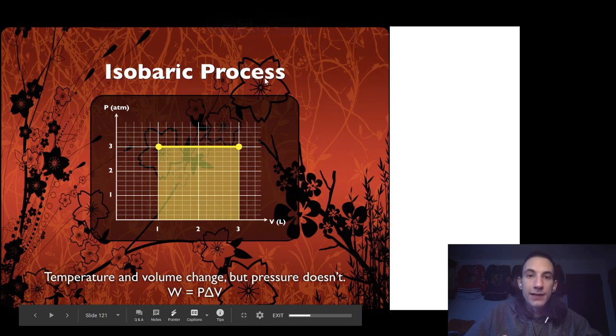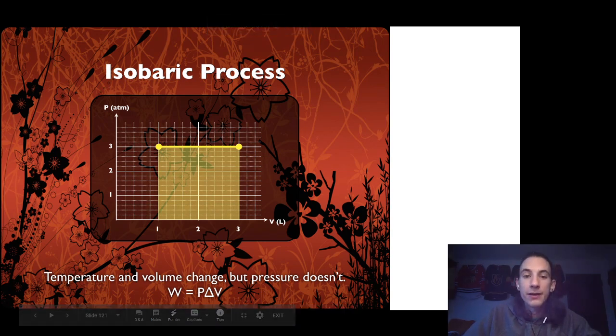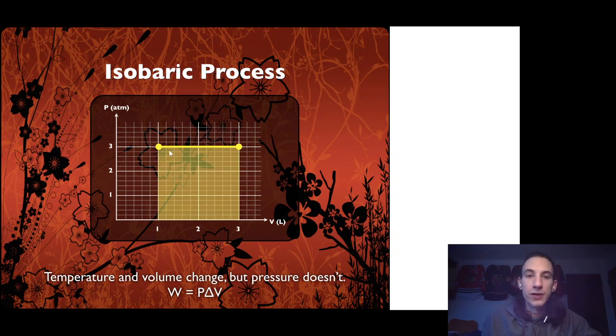All right, and like I said earlier, this one is really nice for finding the amount of work done because this line is just a straight line. This will give us a constant pressure. Everywhere we look at this, it has 3 atmospheres of pressure. So we have no change in pressure. So the area bounded by the volume and pressure is just going to be a square, which is super nice. We love the area of a square